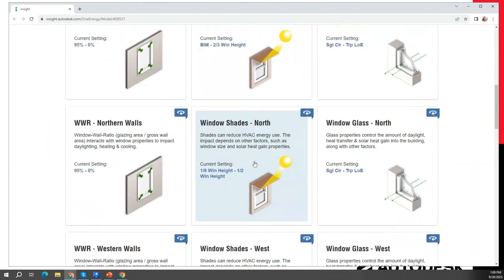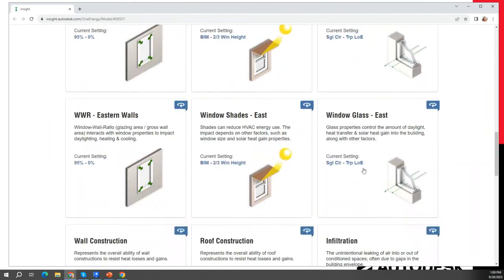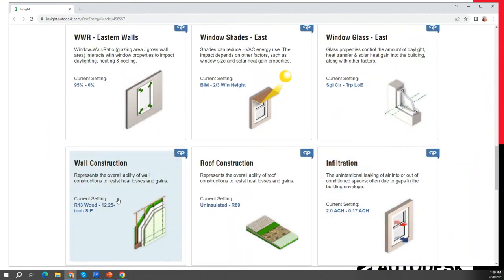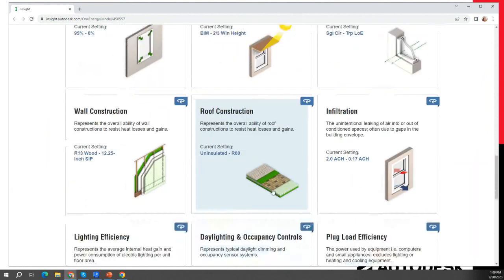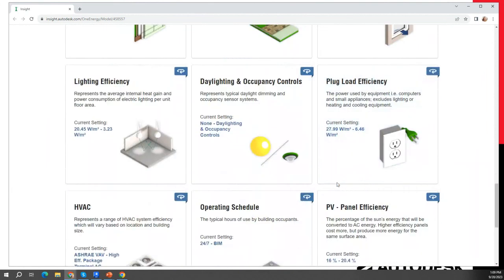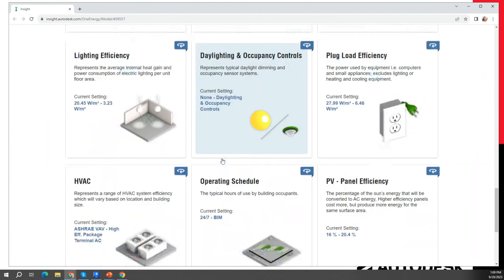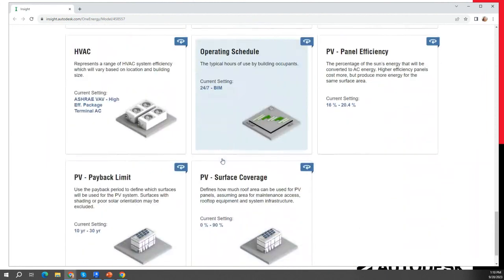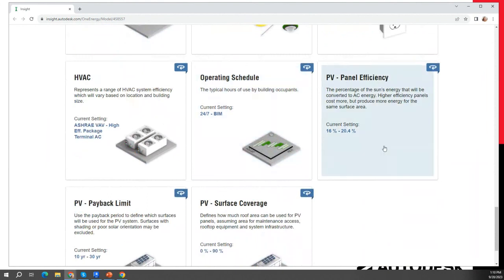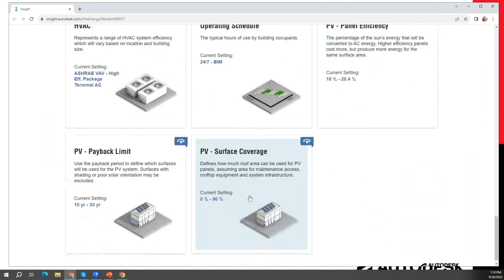Gives you all your window wall ratios. It gives you your shades. It gives you your glass information. It gives you your wall construction, your roof construction, the infiltrations that you have, your plug loads, daylight occupancy, lighting efficiency, HVAC operating schedule, and it also has for solar power panels, how you could optimize your building